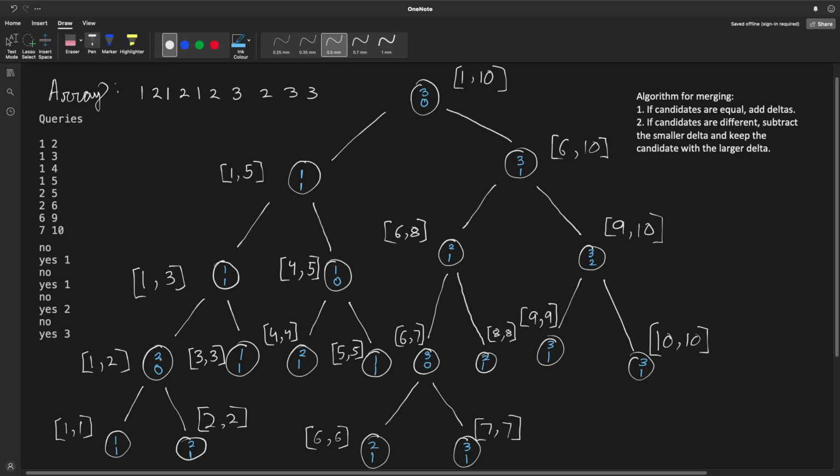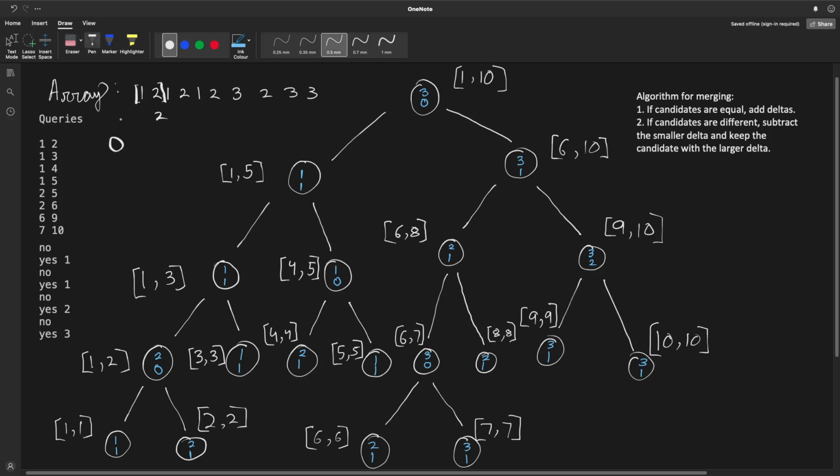So it says the candidate for the range 1 to 2 is 2. We could easily check that. What we do is for each position, we maintain a vector of indices where it occurs. For example, in the range 1 to 2, our candidate was 2, and it occurs at index 2. So initially in all of the vectors for these elements, we push a -1 or 0 depending on your indexing.